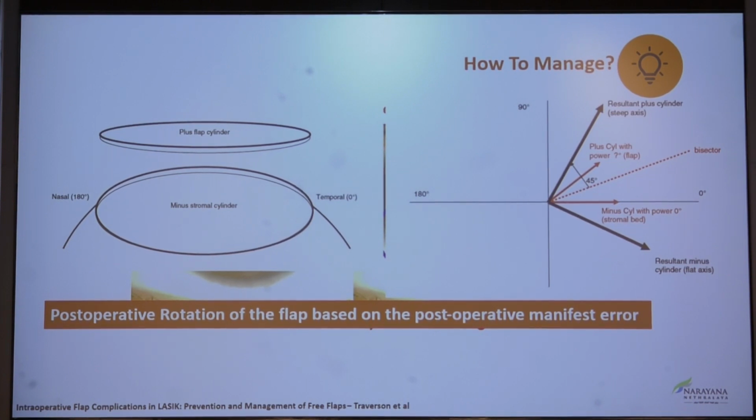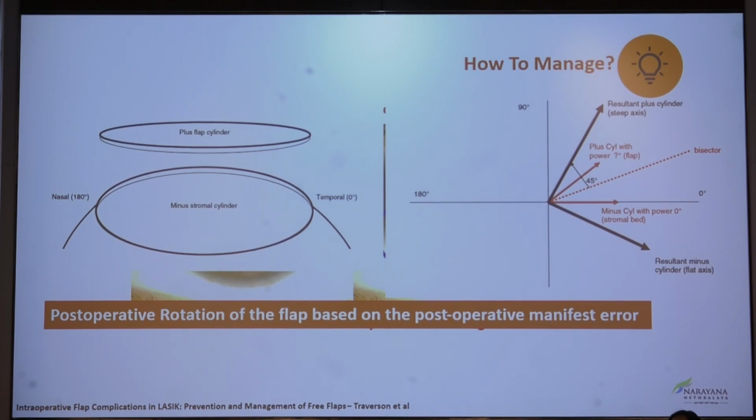So it acts as a plus flap cylinder, and the stromal bed obviously is a mirror image of the flap. So by measuring the post-operative manifest refractive error, particularly the cylindrical error, that can help you in repositioning the flap again. So in here, you just reposition the flap intraoperatively, and then based on the postoperative manifest refractive error, you take the patient back to the OR, and rotate the flap